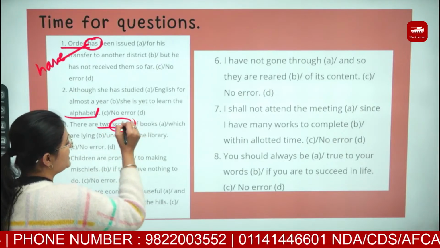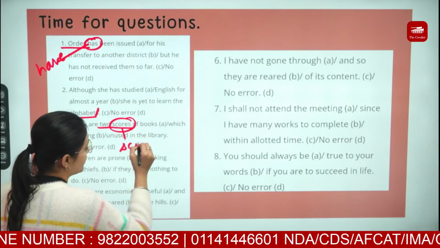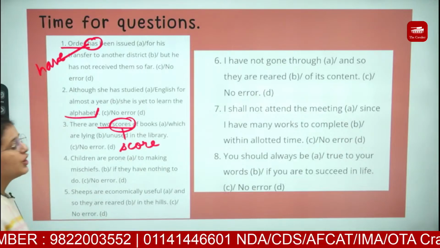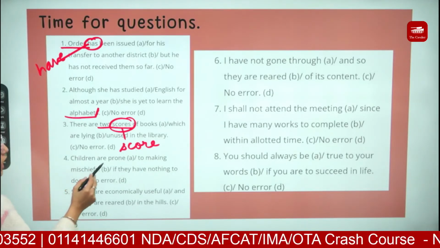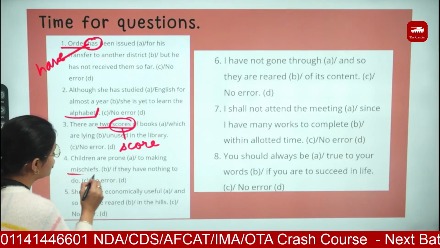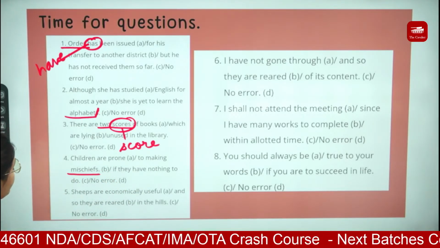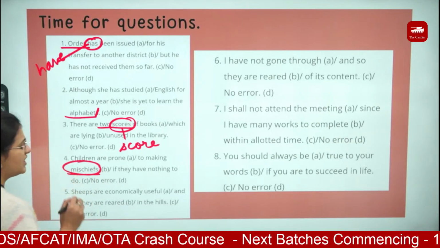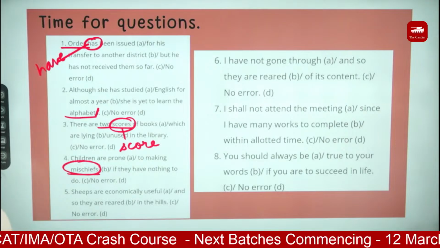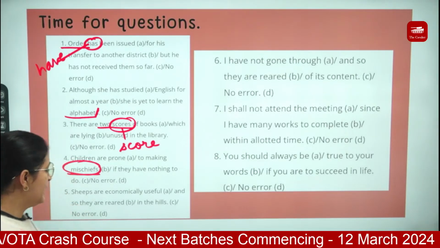It should be score of. Okay. Next, children are prone to making mischiefs if they have nothing to do. Over here, the word mischief, no word like mischiefs. Always mischief. Okay. Next,